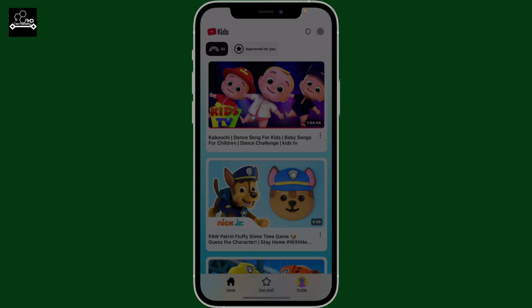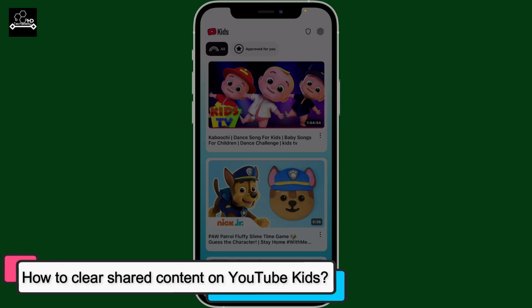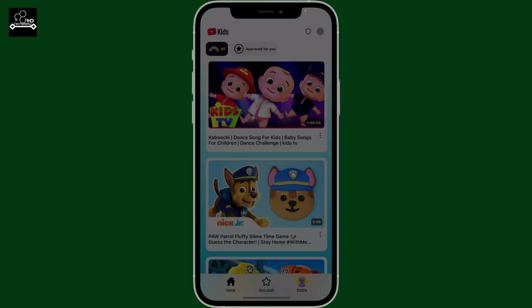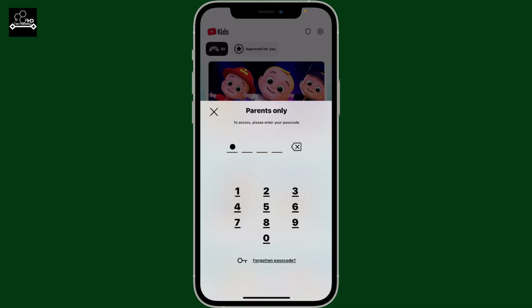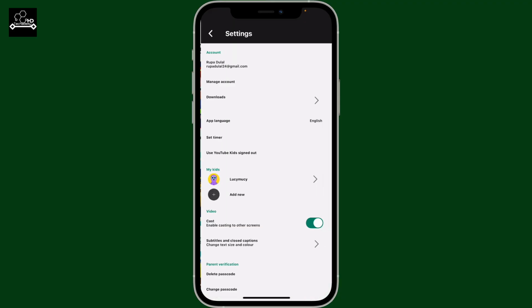Today in this video, we will be learning how to clear shared content on YouTube Kids application. If you are using the approved content only mode in the YouTube Kids and want to remove videos you previously shared, follow these steps. Launch the YouTube Kids application and from the home page, tap on the gear button at the top right corner, solve a simple math problem or enter your parental code in order to open up